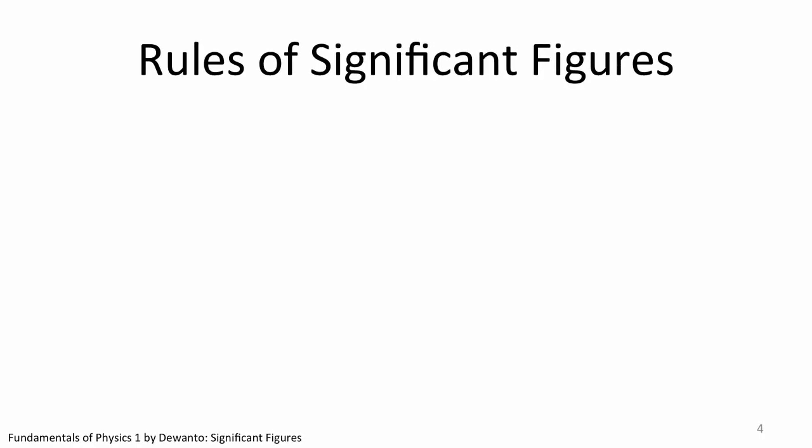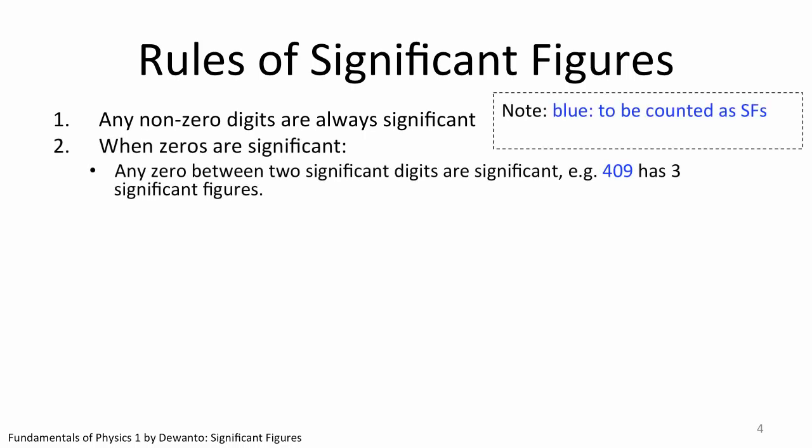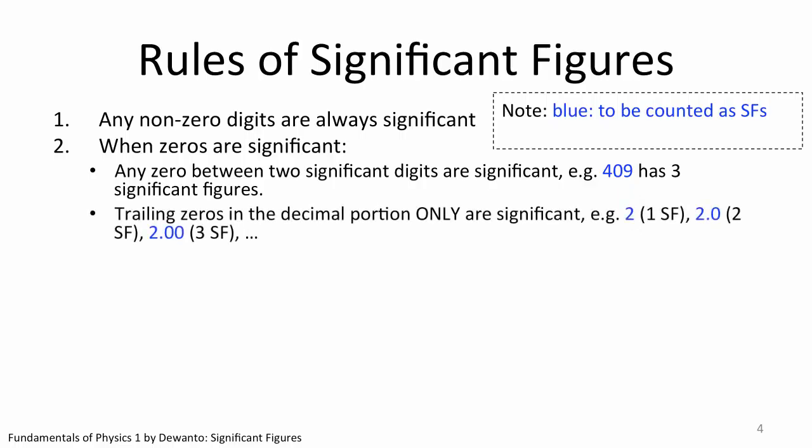So, in what case is a digit in a numerical value considered significant or not? First, all non-zero digits are always significant. How about the zeros? Well, if the zeros are placed in between two other significant figures, they are also significant. The 0 in 409, for example, is significant because it is between 4 and 9, which are significant because of the first rule. Another case where zeros are significant is when they are trailing decimal digits. The 0 in 2.0 is significant, and so are the zeros in 2.00.